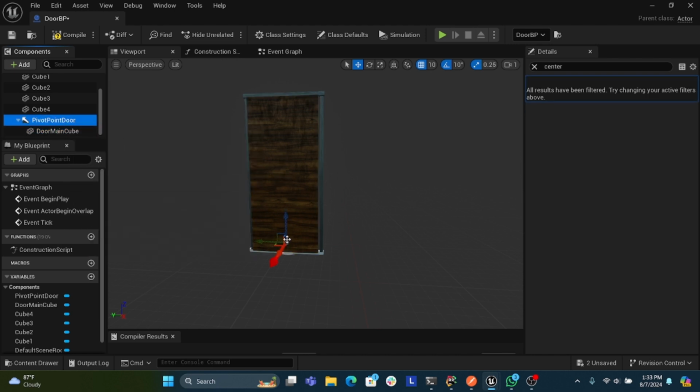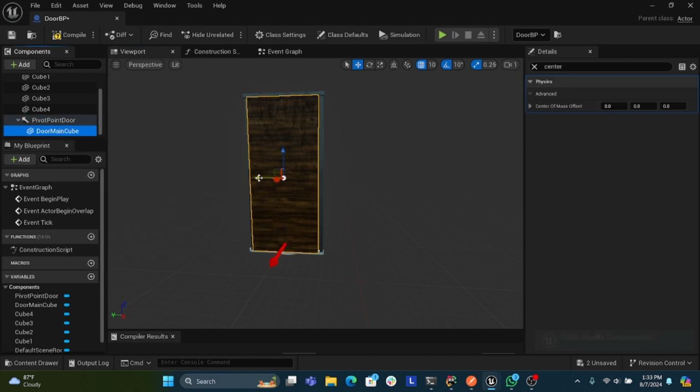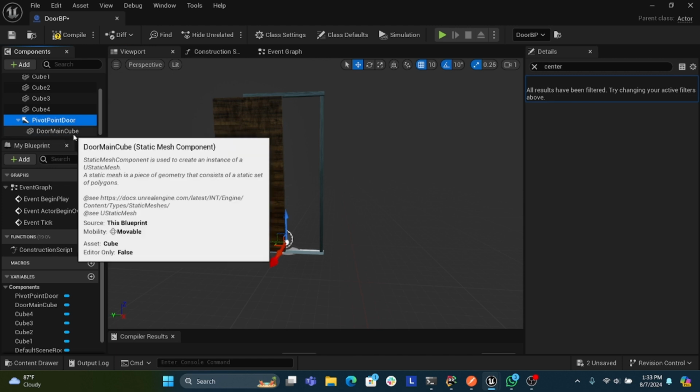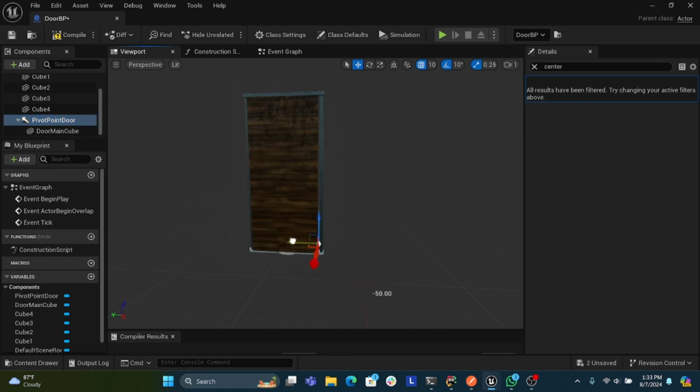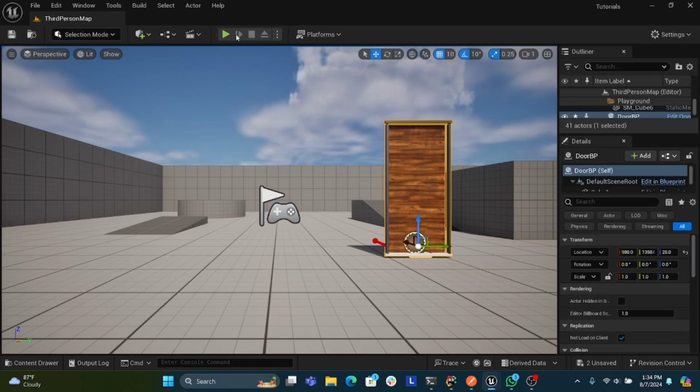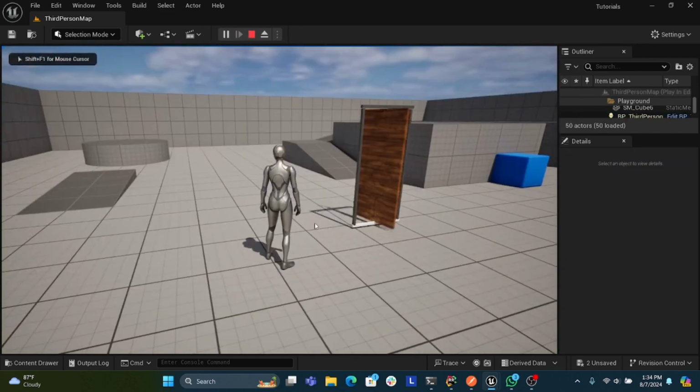But we have to change this arrow. We have to bring it to somewhere here. But before that, I will drag this door to start right from the arrow, or the pivot point, where it should be. So I will drag this and bring it here. Sorry, I will have to enter the value manually, like this. Okay, now let's go to gameplay, and you will notice it's actually still rotating like that,